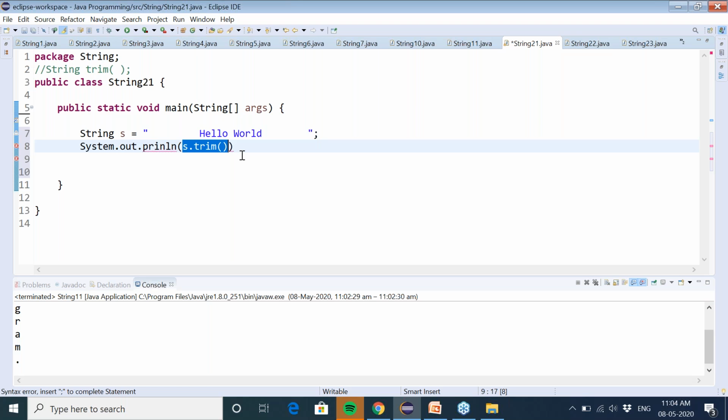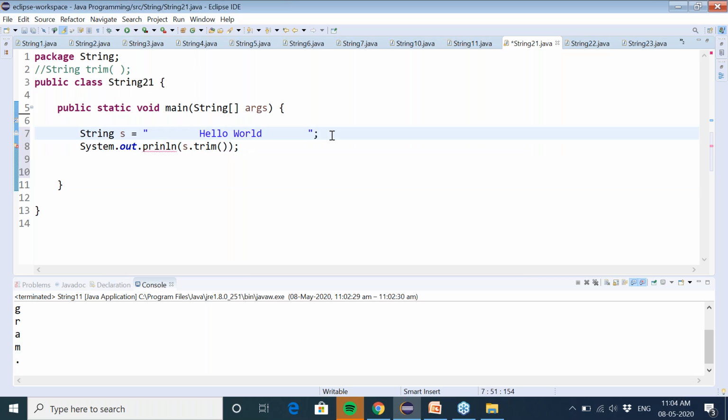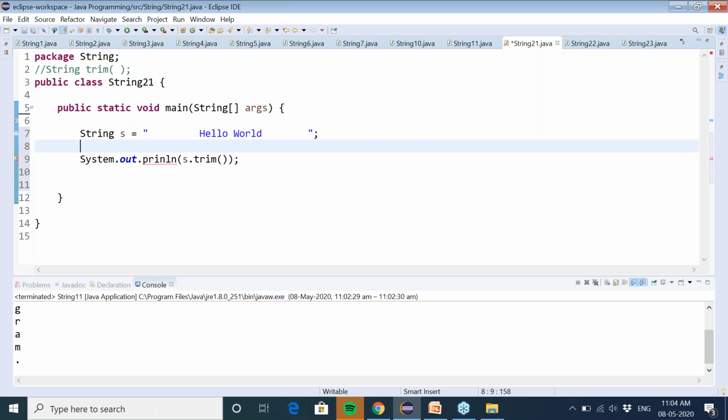There will not be spaces before or after the string. So if I print it before trimming, let's check what you will get in that case. That I'm going to show you over here.